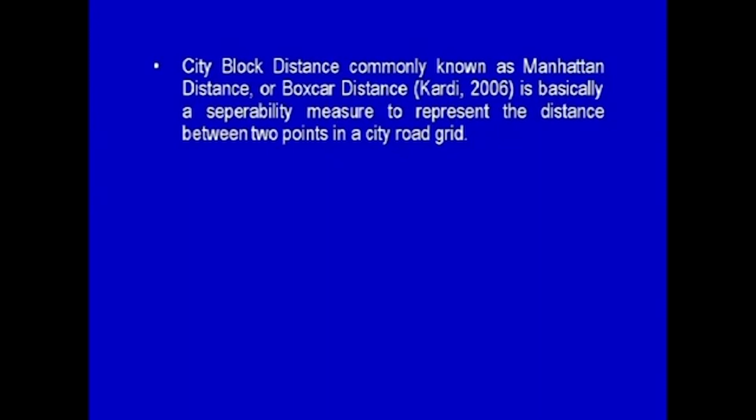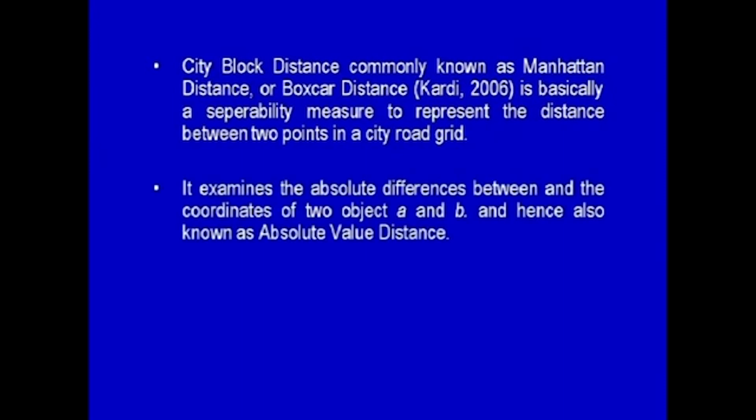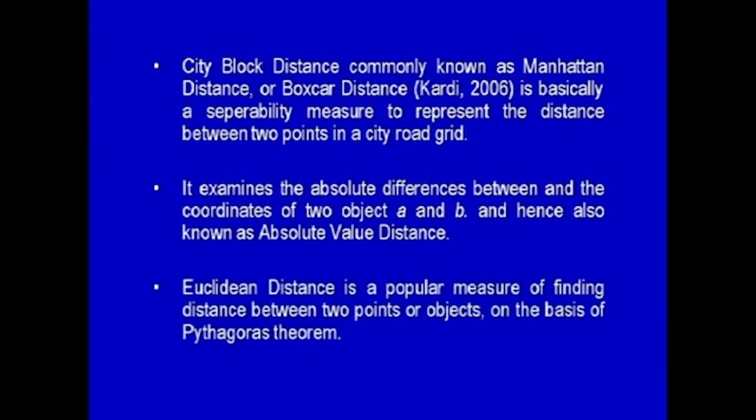So, now let us look at each of these separability measures one by one. City block distance, commonly known as Manhattan distance or boxcar distance, is a separability measure that represents the distance between 2 points in a city road grid. It examines the absolute differences between the coordinates of two objects A and B, and hence is also known as absolute value distance. Euclidean distance is a popular measure of finding distance between 2 points or objects on the basis